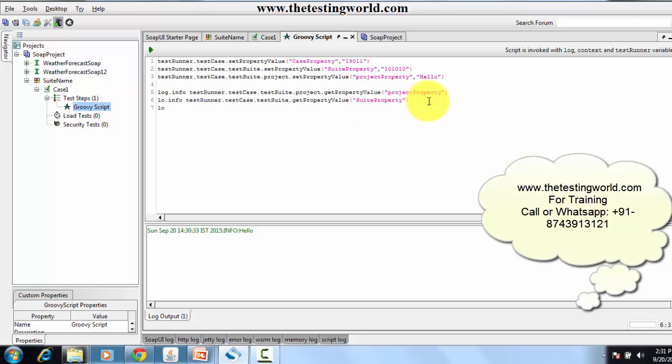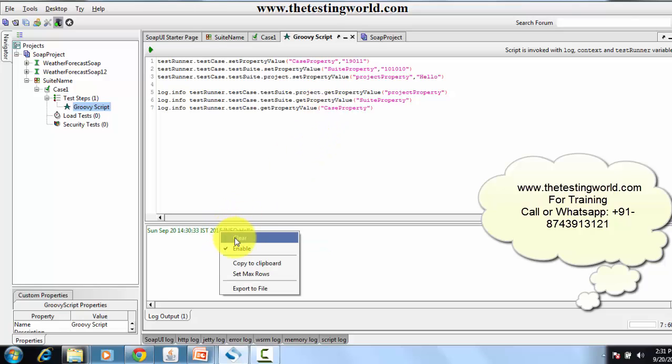That's log.info. I'm writing it for the case level: log.info, test runner, then test case dot get property value. So here I'm passing the name of the property which is case property, and